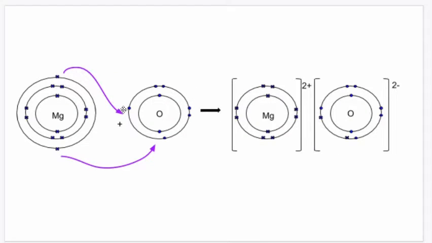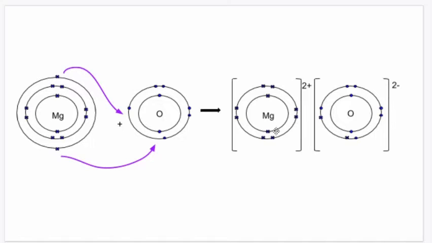Here's another example, magnesium and oxygen. We can see that magnesium has 2 valence electrons, and below 3 we would always give. So magnesium would give out 2 electrons in order to be stable and octeted. And oxygen would have to receive 2 because it has 2, 4, 6 only, so it requires 2 more to become octeted and stable. So whenever an atom gives out, it becomes positive, and whenever an atom takes in,